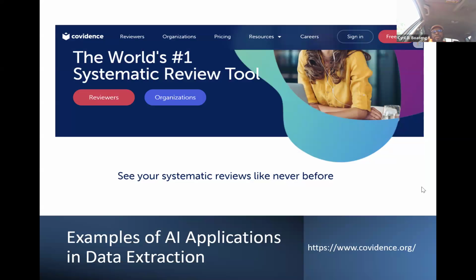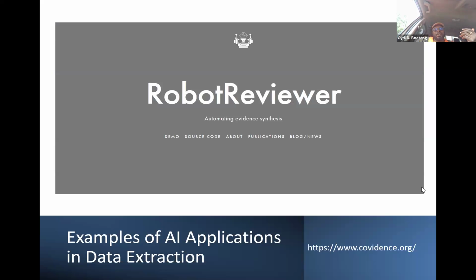Then Covidence, I think some of the speakers already spoke about Covidence, which is available for you to use. But again, the pricing is also steep. Strictly speaking, it's also not an AI tool because it wasn't designed specifically as an AI tool, but they've started blending in AI in the back end for improved searches. And then Robot Reviewer, which is free, and you could just search online and use it. The workflow is quite simple, so you could try that. Okay, and the demo is cool. You go to the website, the demo is embedded on the homepage, so you see how that works easily.